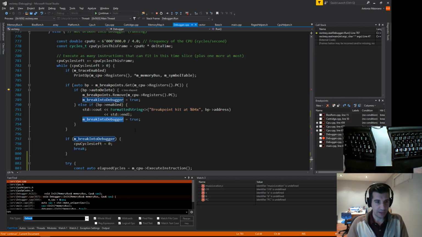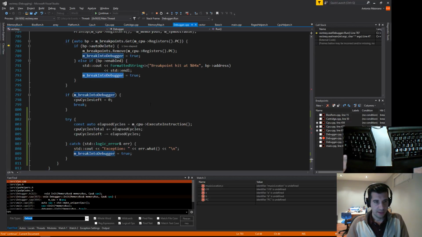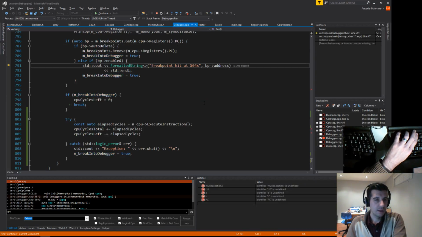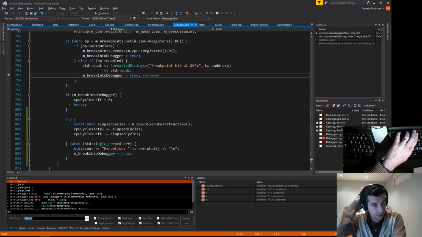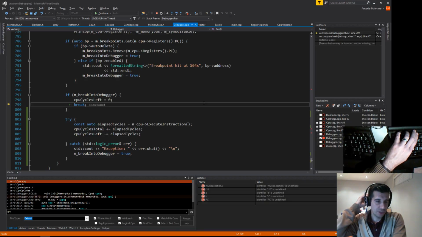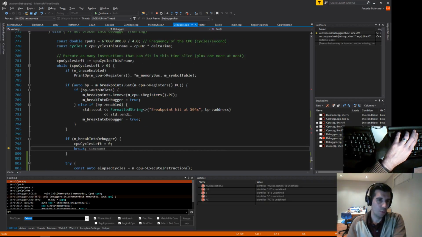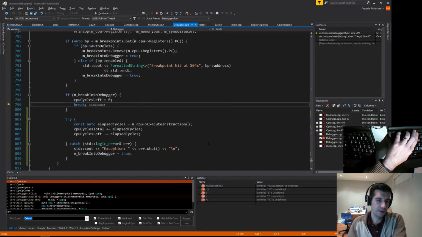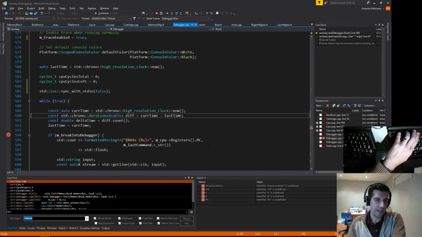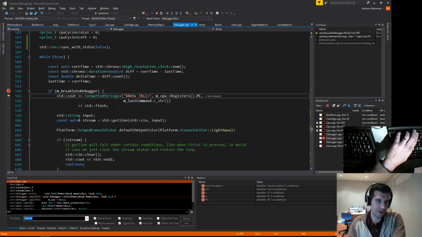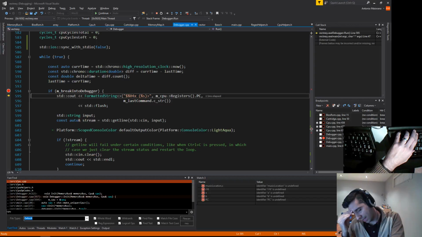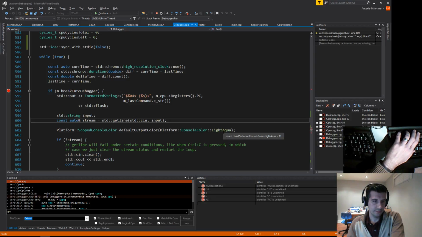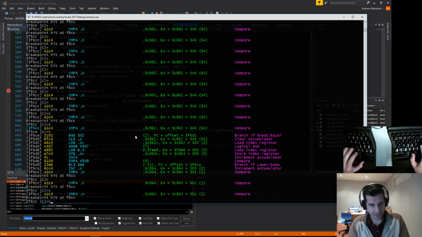a breakpoint, so let's break into the debugger. Say that we hit it. We set break into debugger true, and then that causes us to actually break out of this while loop here. And then that puts us back into, okay, I'm broken into the debugger, at which point I print the instruction, which is actually something I don't know if I want, but anyway. And then we wait for input. And then if I say continue,